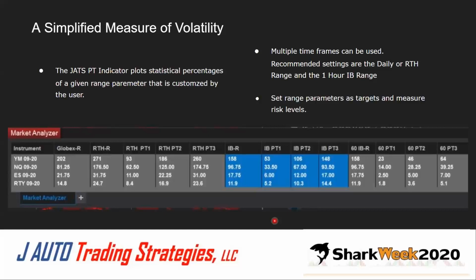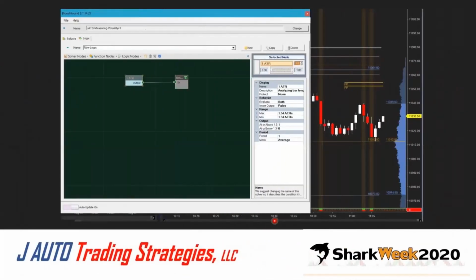So I'm definitely encouraging you guys to do that yourself so that you know what those ranges are likely to be. And Bloodhound has this great little tool, the bar length tool, and it helps you set your ATR to whatever you want it to be. So if you want that ATR at or a little bit above 1.3 before entering a trade, that confirms that you're going to be entering a trade with momentum. So you're not just hitting every down bar, right?